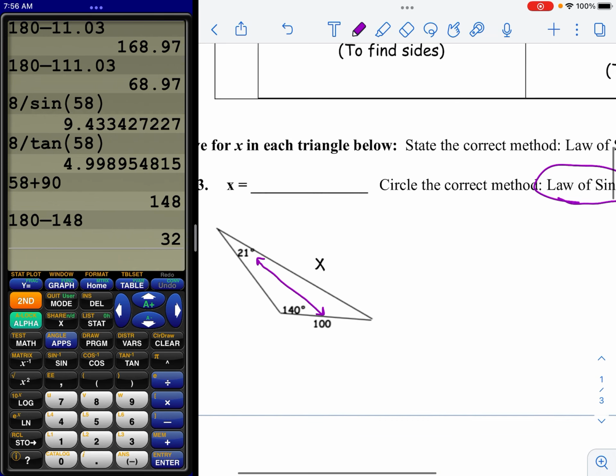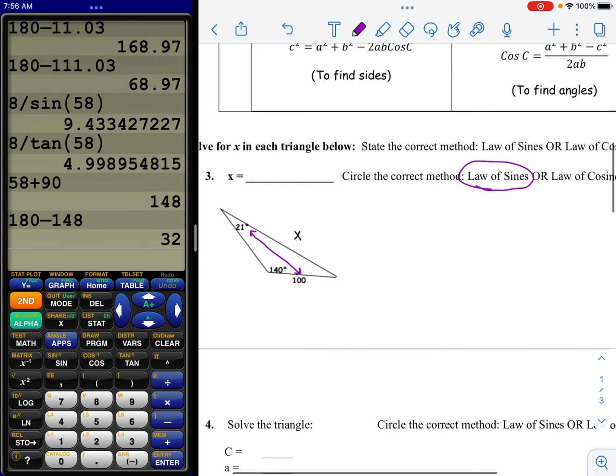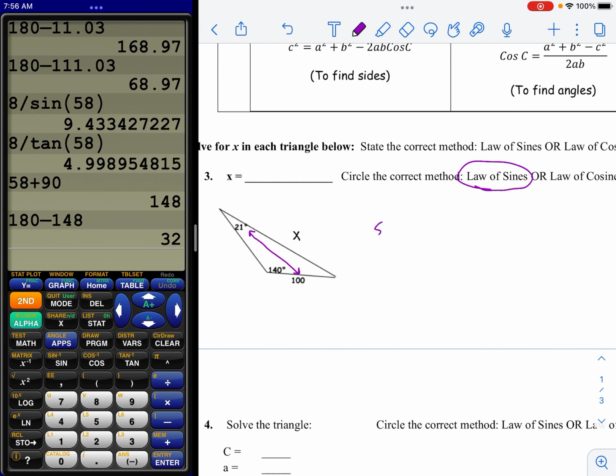So I have a pair, and whenever you have an angle and the side that pairs with it, it's a hint that you're going to do the law of sines. So sine of 21 over 100 equals, and then you get to pick the other one. So I have 140 degrees and the x. So put sine of 140